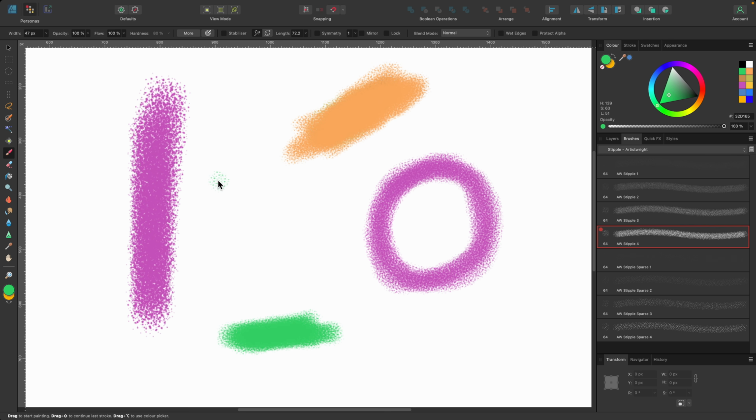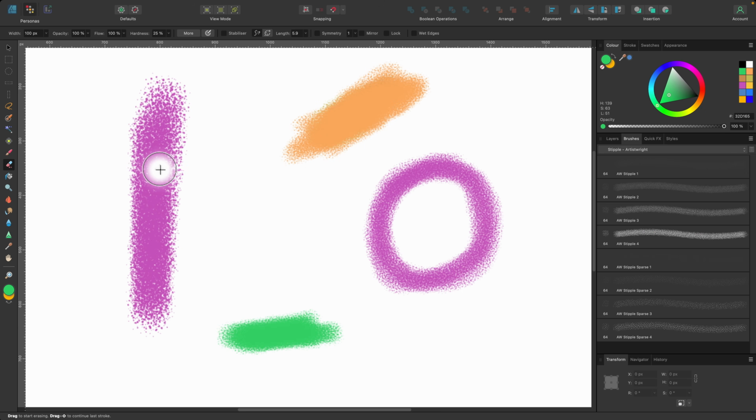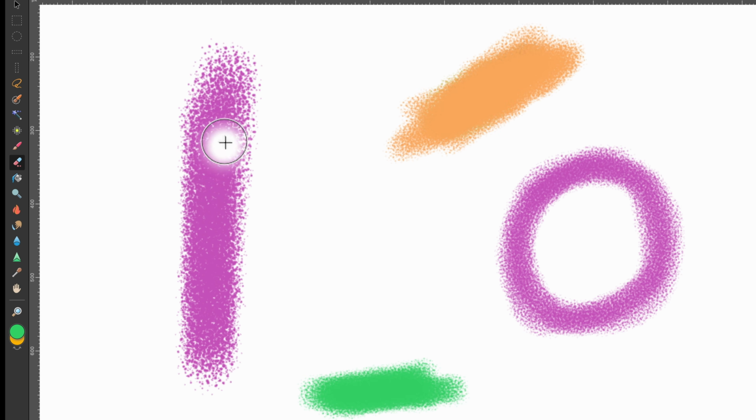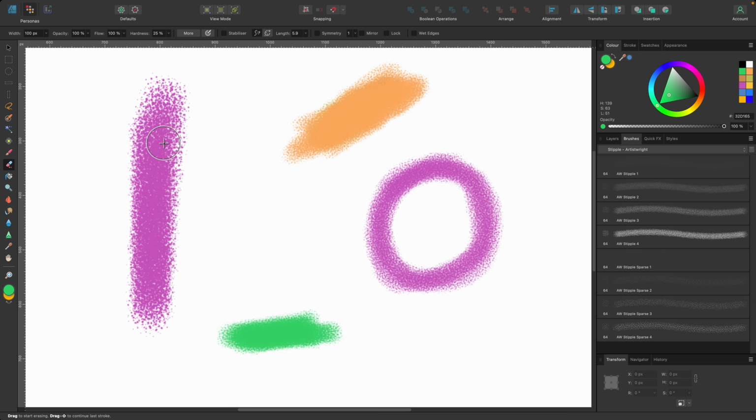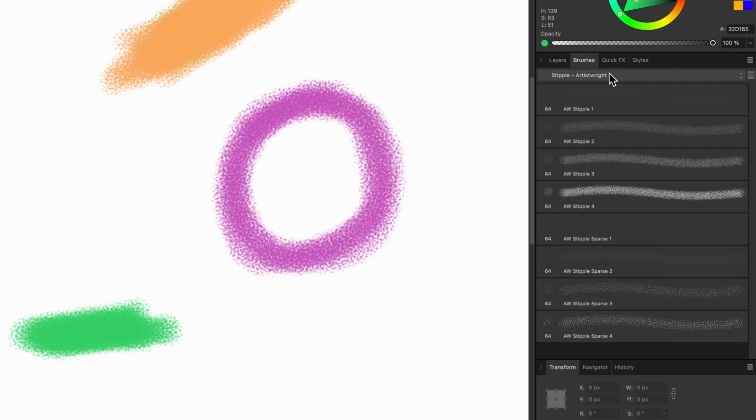Now that we have a good understanding of the paintbrush tool, let's move down to some of these other tools. And these will help us either erase or smudge what we've already created here. So underneath we have the erase brush. Shortcut for this one is E. When I click on it, basically there's the brush. You can see it's slightly different to the one we were just using. You can use any of the brushes as an erase brush. So right now it's on basic, and I'm just going to switch over to it.